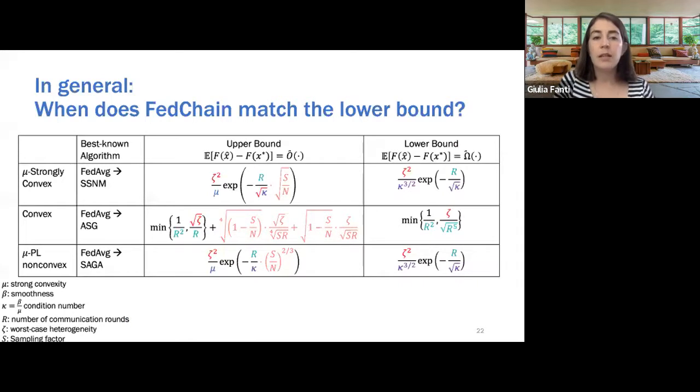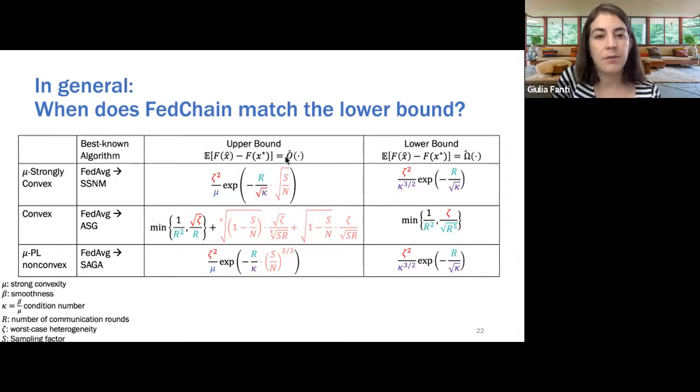More generally, we can analyze FedChain in a number of different settings, including mu strongly convex, general convex, and mu PL, non-convex. And we can see that in some of these settings, the upper bounds that we're achieving are fairly close to the lower bounds. So I want to point out a few things about this table. The first one is that in all three of these settings, the best known theoretical convergence rate is an instance of FedChain, for different realizations of FedChain. The second observation is that we get close to optimal convergence rates in the mu strongly convex setting, which I mentioned earlier,